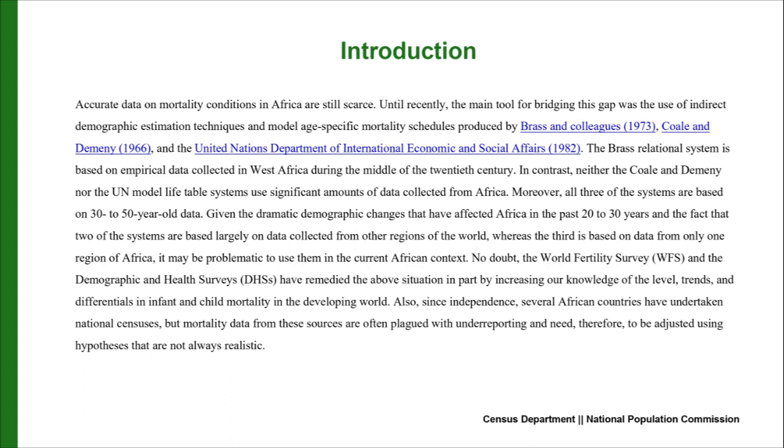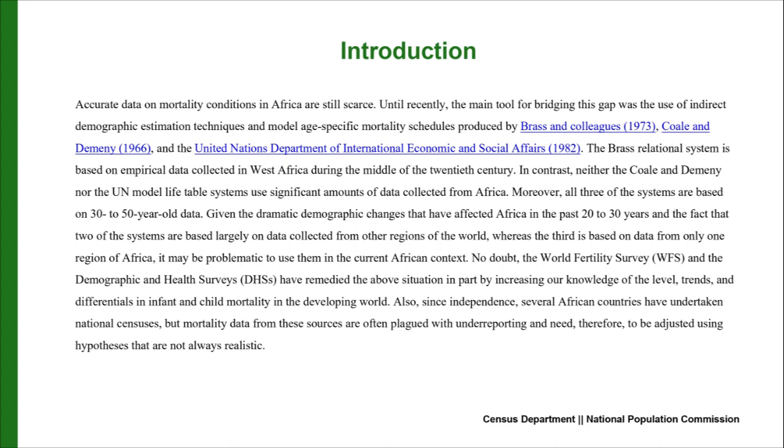Given the dramatic demographic changes that have affected Africa in the past 20 to 30 years, and the fact that 2 of the systems are based largely on data collected from other regions of the world, whereas the third is based on data from only one region of Africa, it may be problematic to use them in the current African context. No doubt, the World Fertility Survey, WFS, and the Demographic and Health Surveys, DHS, have remedied the above situation